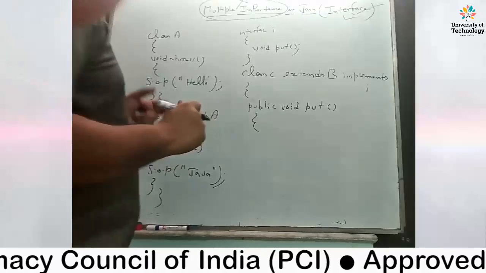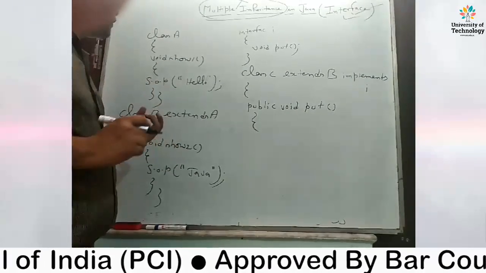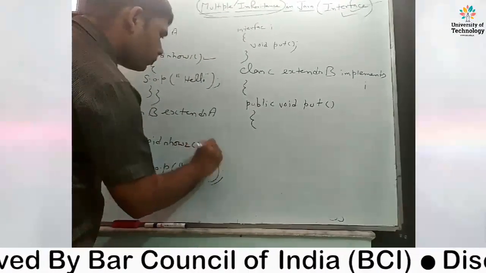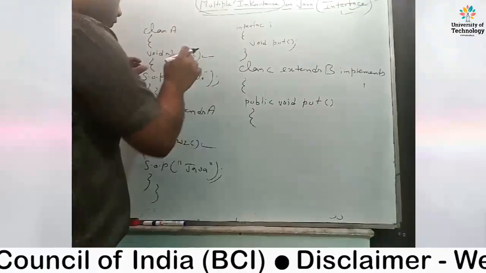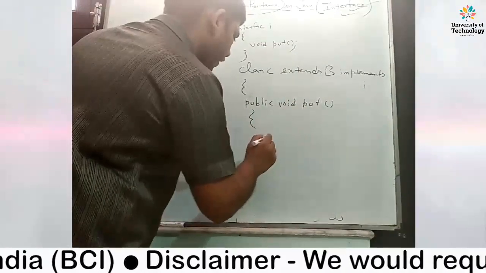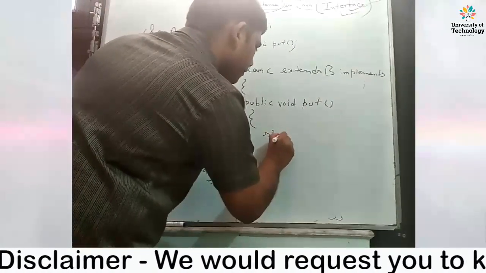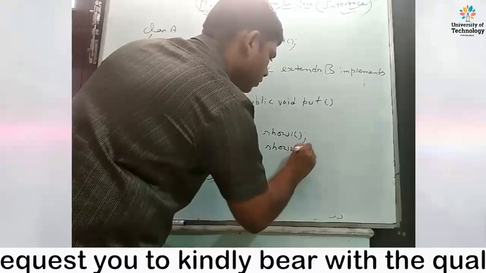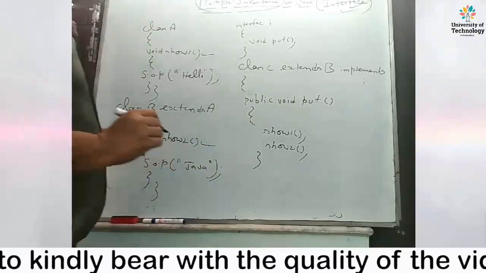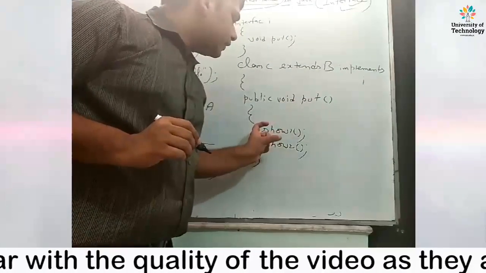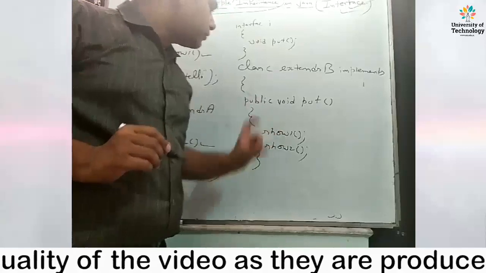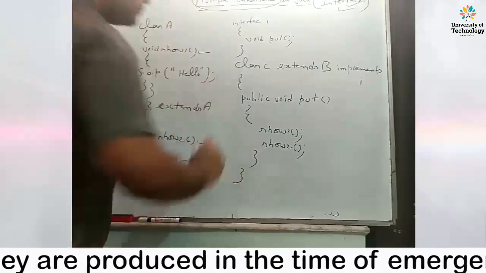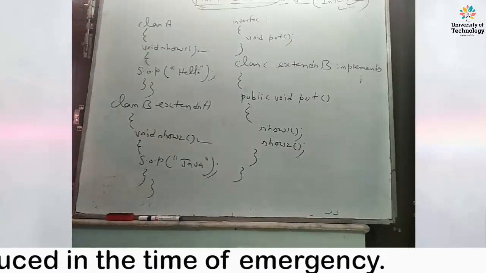And now we are going to do the nesting of methods. Nesting of methods, I mean show1, show2. We have to put show1 and show2 inside the put method. We will call only the put method, and these methods will be invoked, show1 and show2. Next we have to close the class.